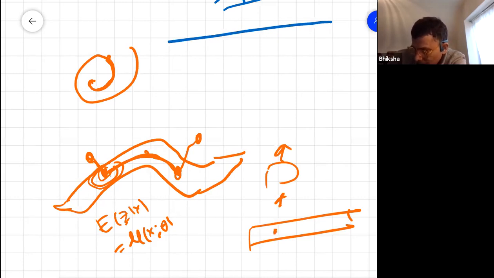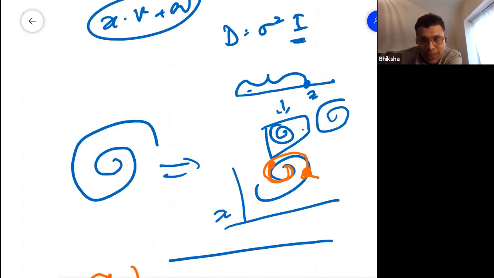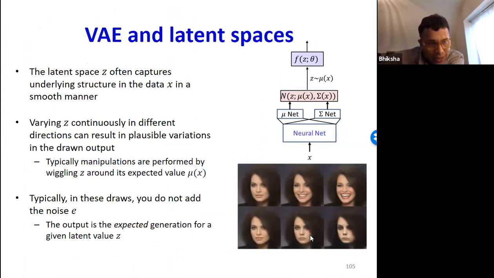So this guy would be here, this guy would be here. As I vary Z along this line, after you put that Z value through the decoder, you're going to end up at some point here, which is going to look like a face that is intermediate between the two faces. So you can see how people have used this, starting off with different faces.